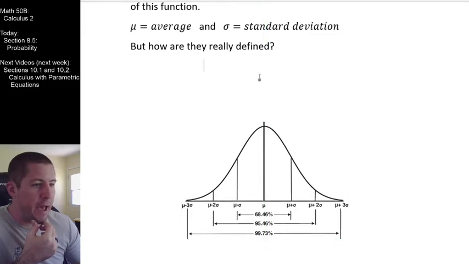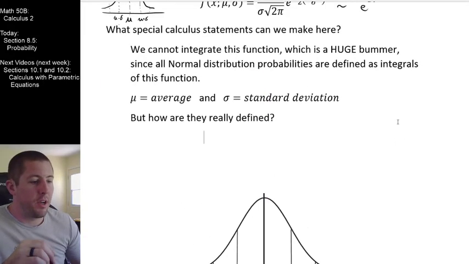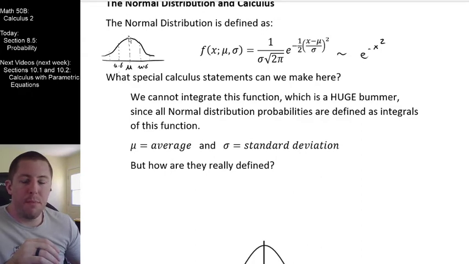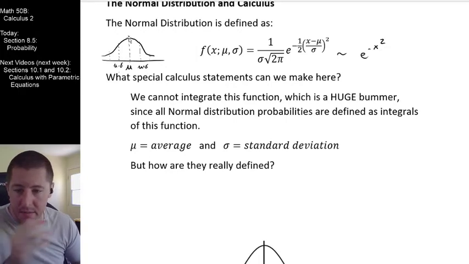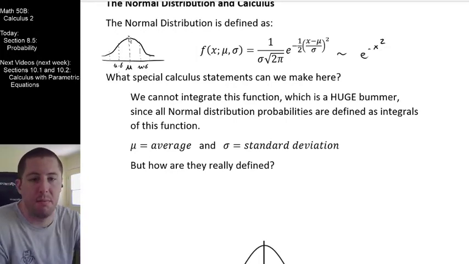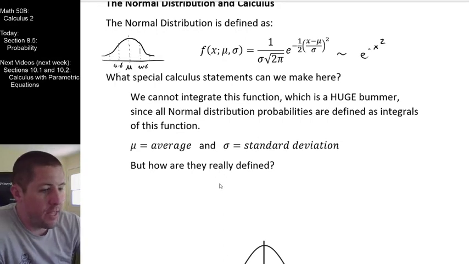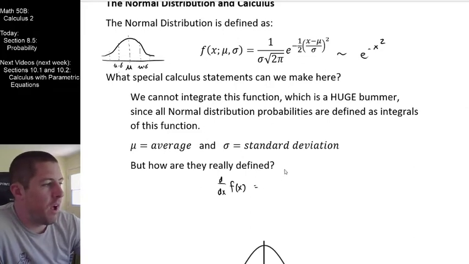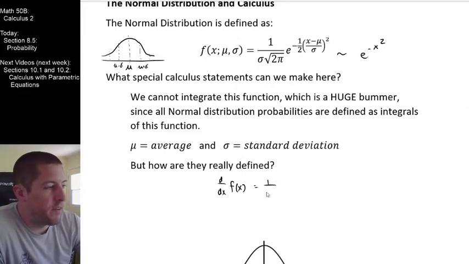So I'm going to do a smidge of math right here real quick, and I'm going to show you one thing. Well, how do I know where mu is at for the average for the normal distribution? Well, the kind of obvious thing that you calculus students should recognize is it seems to be the x value of where we reach our maximum value. So you should notice that when we take our derivative with respect to x of this f of x function here, we know that since it's the derivative of an exponential, we're going to get all of the original parts back